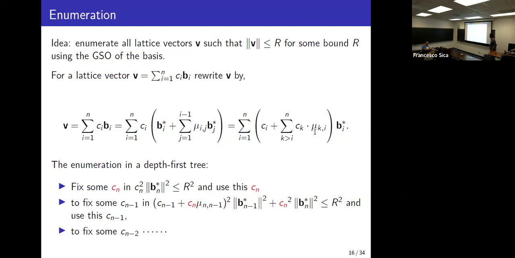And this condition is already sufficient for us to enumerate all the possible choices for cn, right? So basically, maybe this algorithm is not clever enough because it has to exhaustively search all the cn for this step, but at least it will not miss anything, right? It will output all the cn satisfying this condition, where cn corresponds exactly to this c.